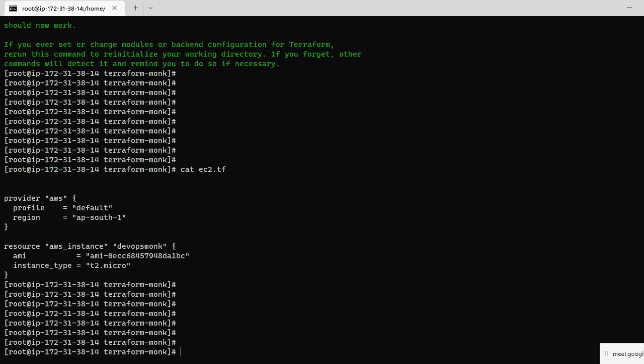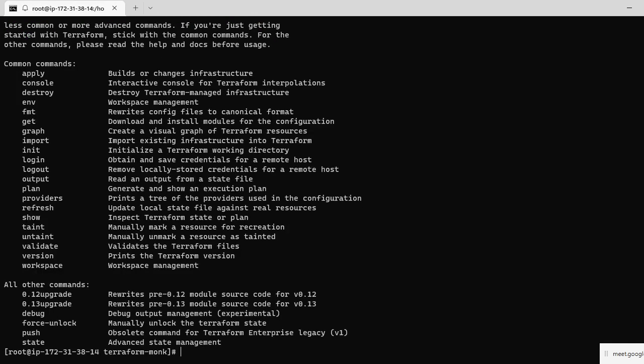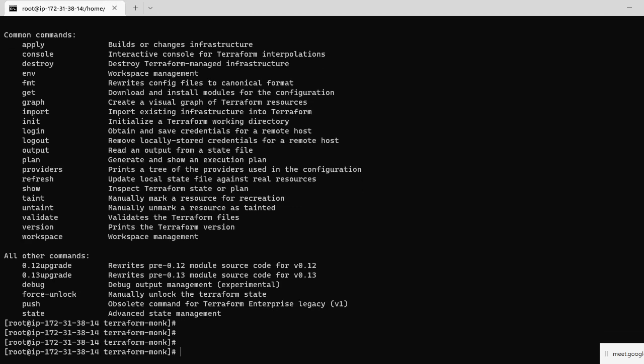So we can check this by plan, validate or apply. So we can give Terraform plan, EC2 plan.